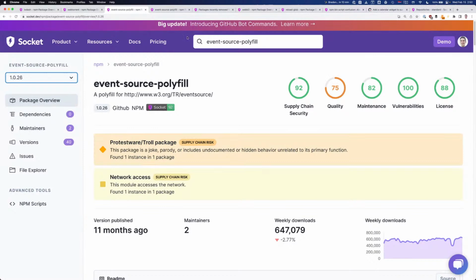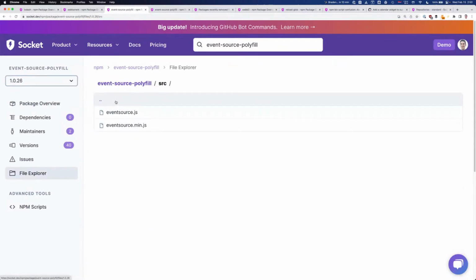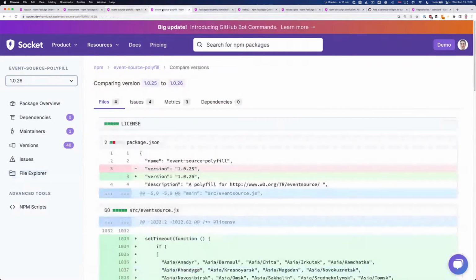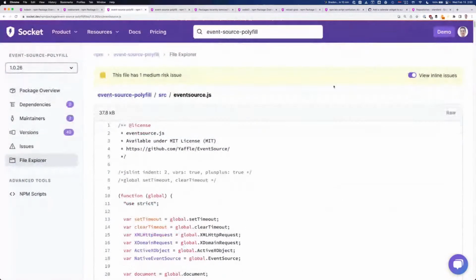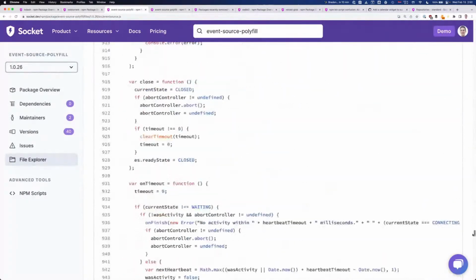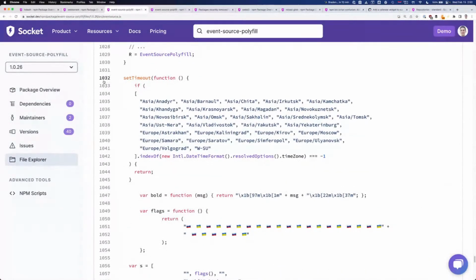And if you're curious, I can actually just jump in here. If you go to the file explorer, you can see exactly what that code is. So if I go in here, actually there's a faster way to find it, which is to just click the link to the direct line of code. Let's see, where is it? I'll just scroll to it. But for now, it's fine. Just to show you all. Here it is. So down here on line